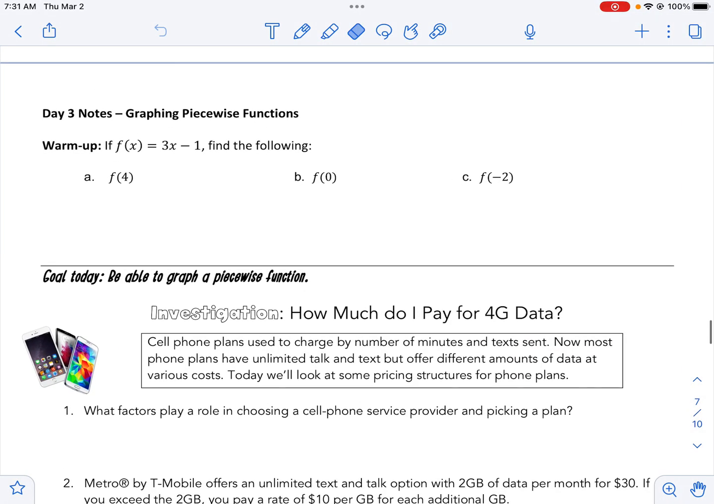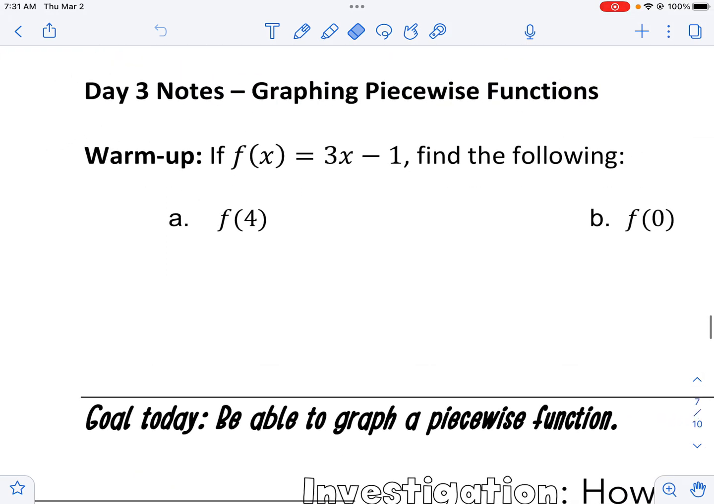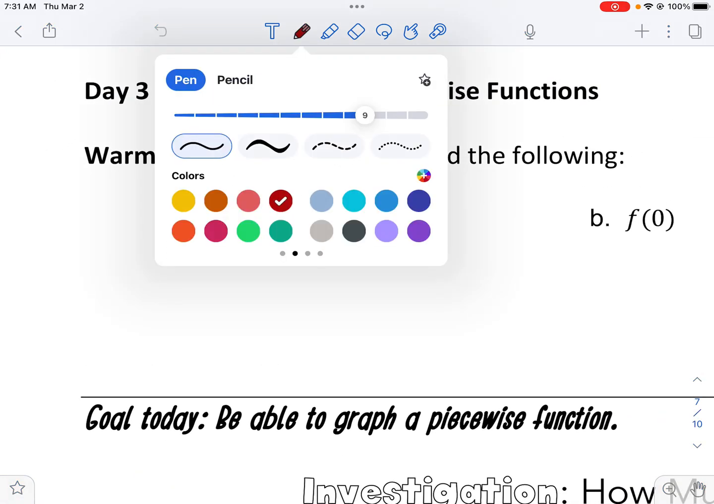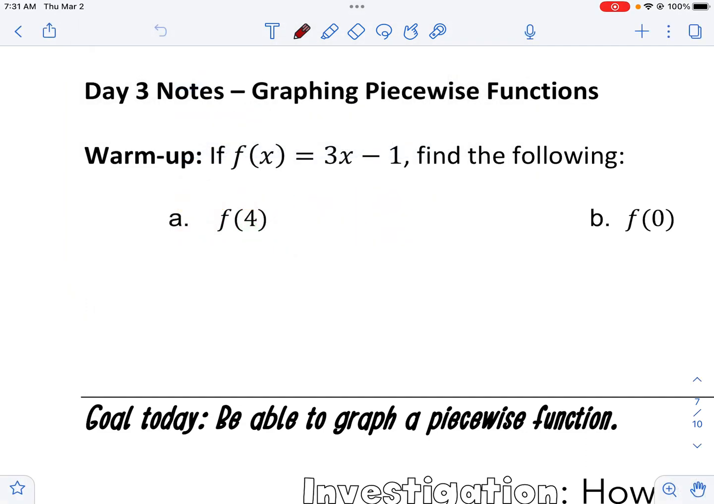Day 3 will really focus on graphing piecewise functions. Warm up, this review. If f of x equals 3x minus 1, can you find the following? So the first is f of 4, and again, remember if it's inside the parentheses, that's the input, or x